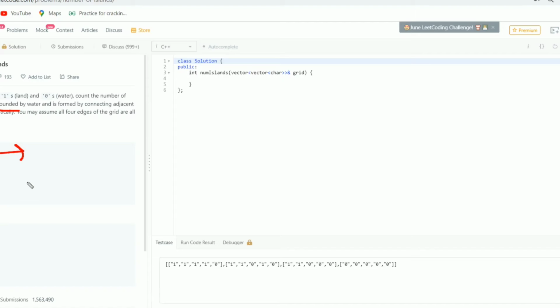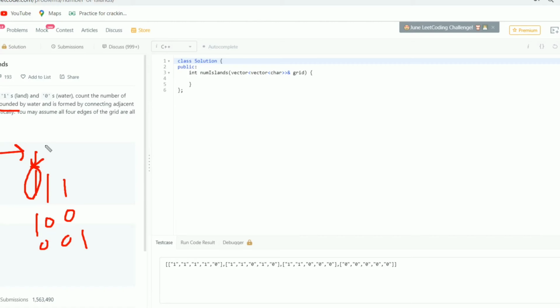So we need to make a DFS call from a location, and suppose this is a 2D matrix. First of all we need to traverse this row column wise and search for value 1. At 0 comma 0 location we got our value 1.